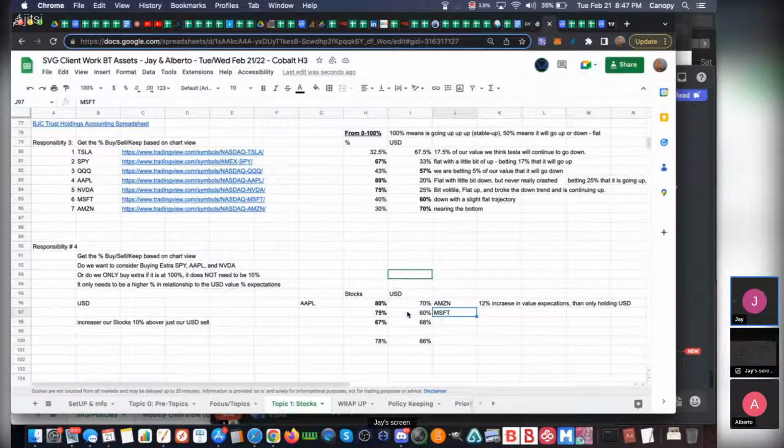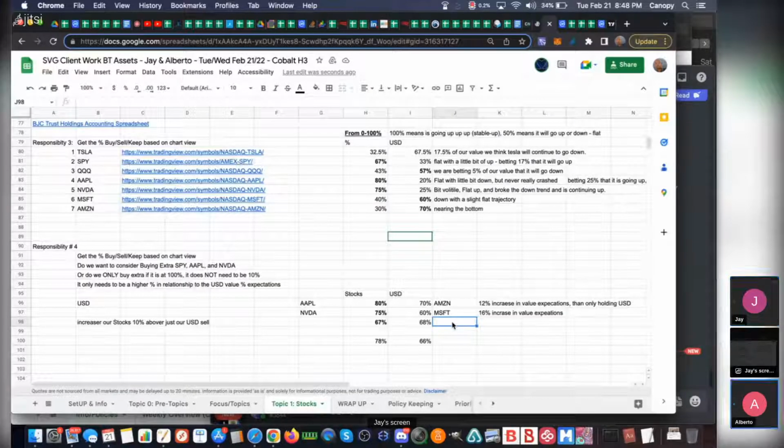For Microsoft, instead of selling to only US dollars, we would sell Microsoft into the next highest one, which is NVDA. So that relationship would be Microsoft 60% down, which is a 6% difference, and then this is 75% up, which would be a difference of 10%. So that's 6 plus 10, like a 16% increase in value expectations over just holding the US dollar. And then the last one is